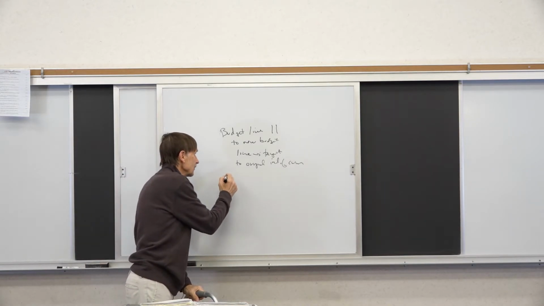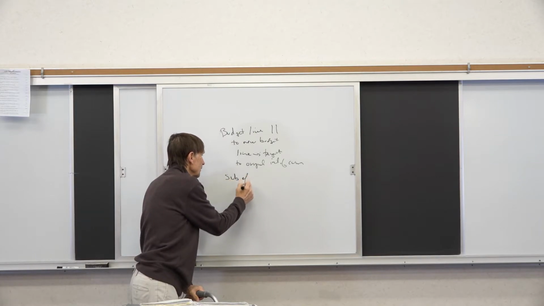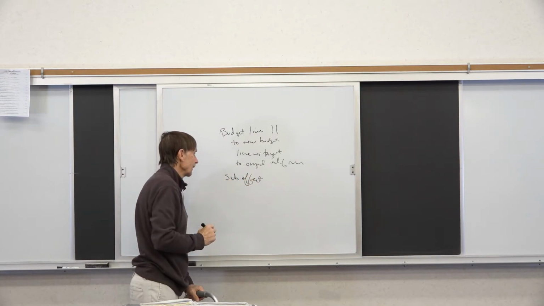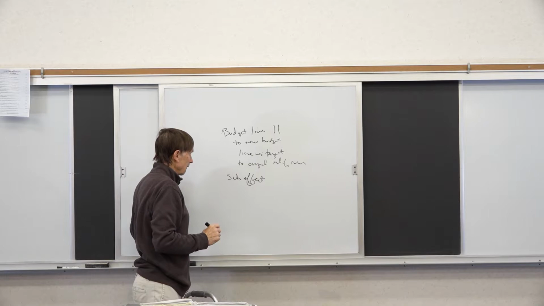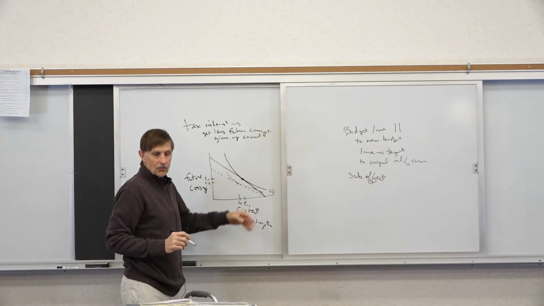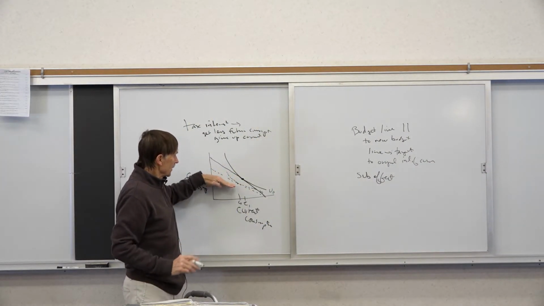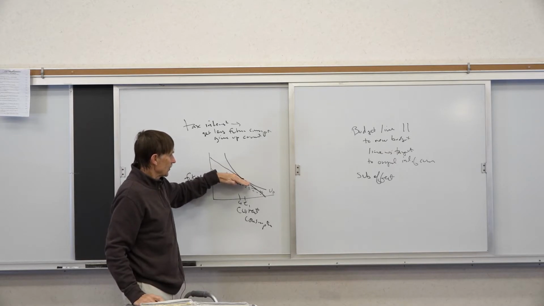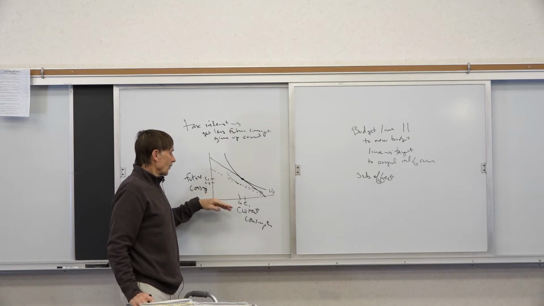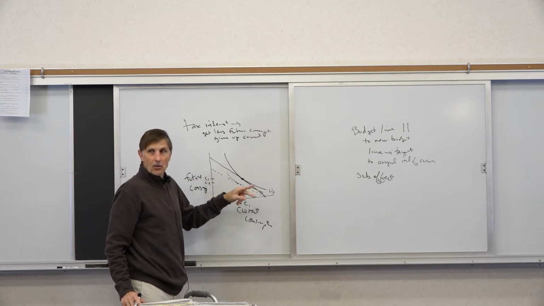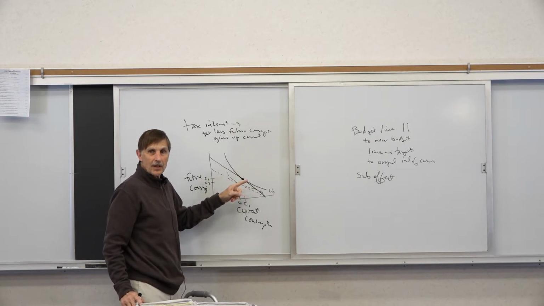So I don't necessarily need to draw it here, but you get the idea, right? If I take this budget line and put it tangent to here, notice the substitution effect is always going to have you buy